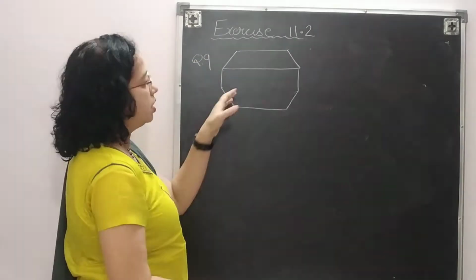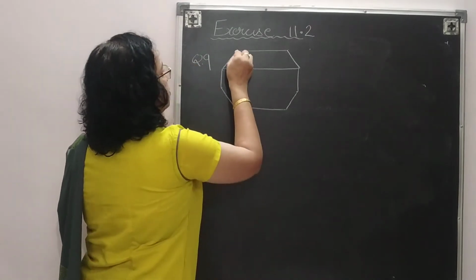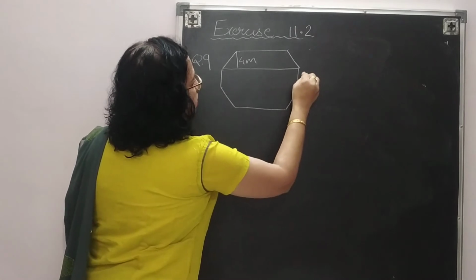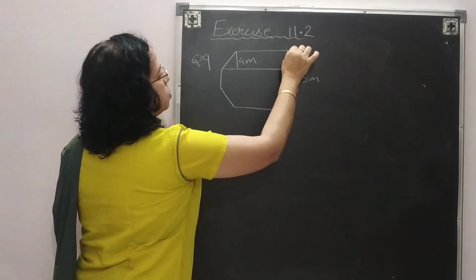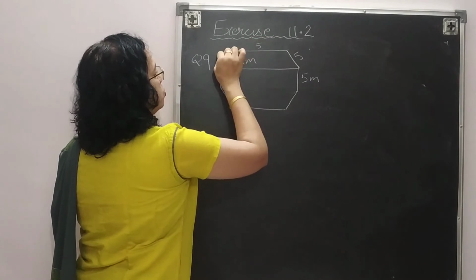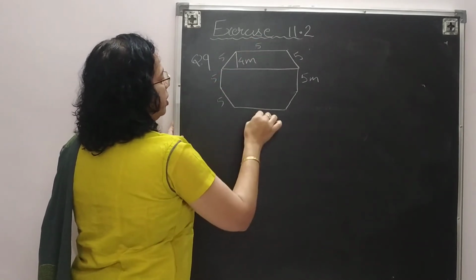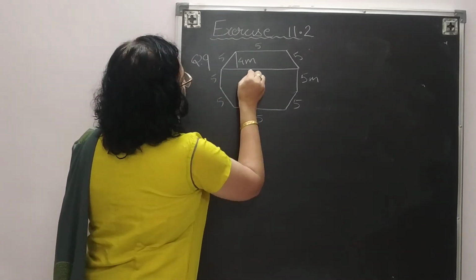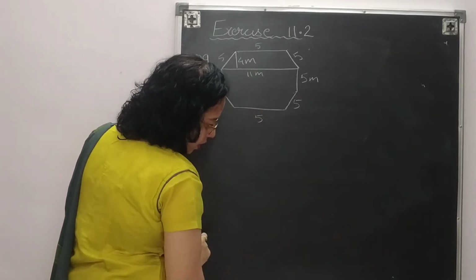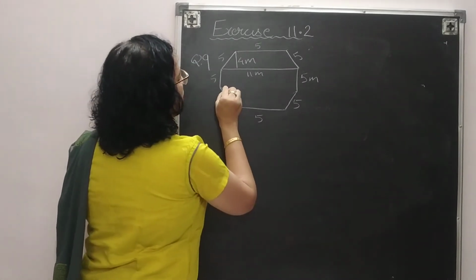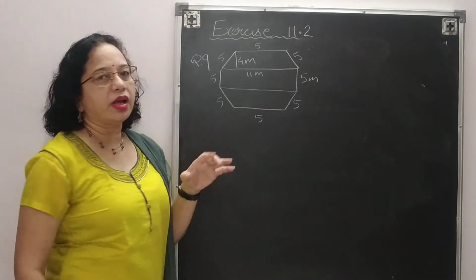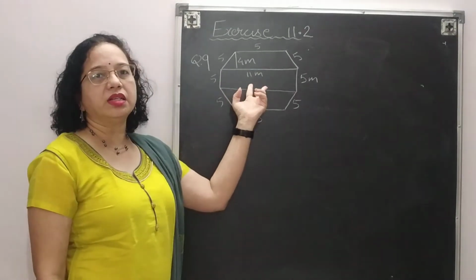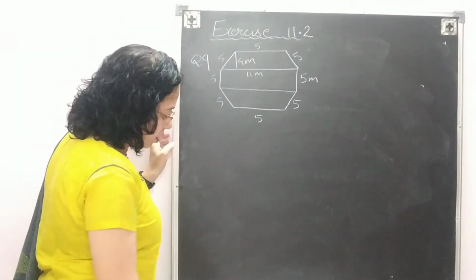You need to find out total area. So what information is given in the textbook? This diagram is already given. So this is given 4 meter. This length is given 5 meters. Since this is octagon, this is also 5. This will be also 5. So all the sides will be of 5 meters. And then here the total length, here it is given 11 meter. Okay. So what I am doing, I am drawing here one more line so that this octagon I have divided in three parts. This is trapezium, and the middle one is the rectangle. So this way we can find out the area.